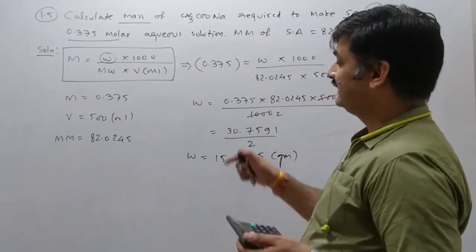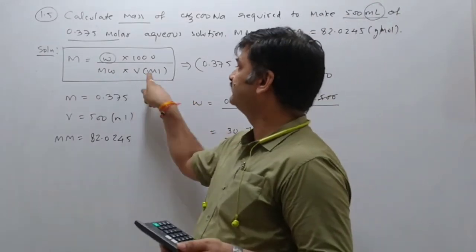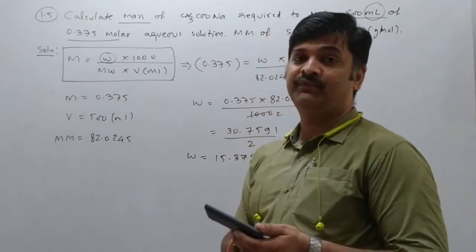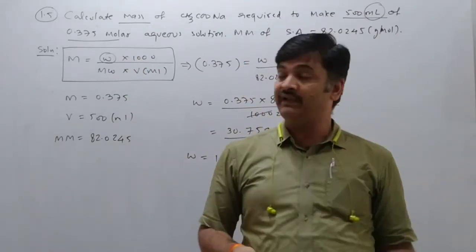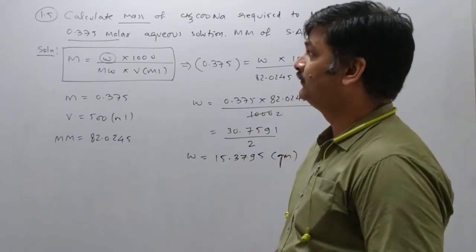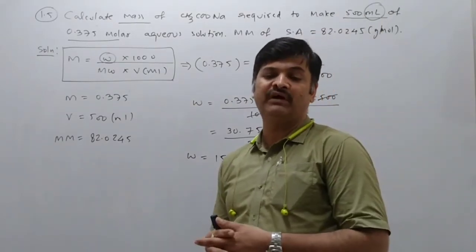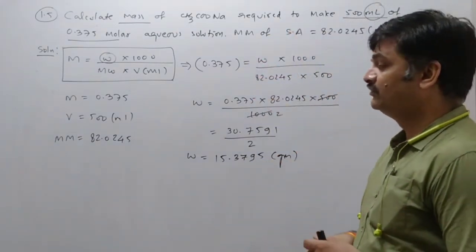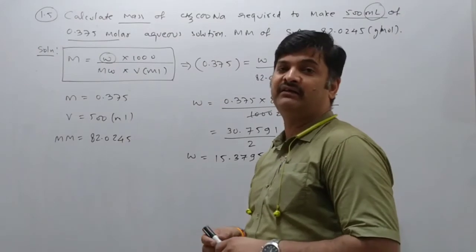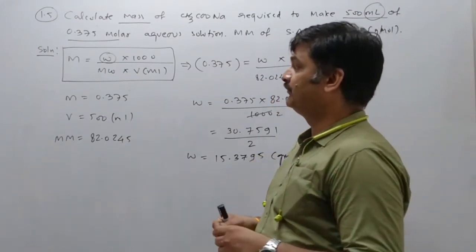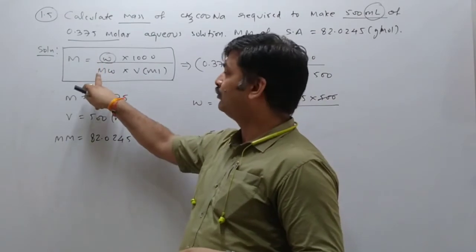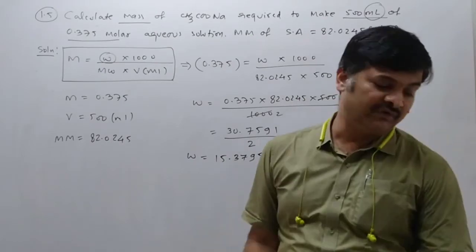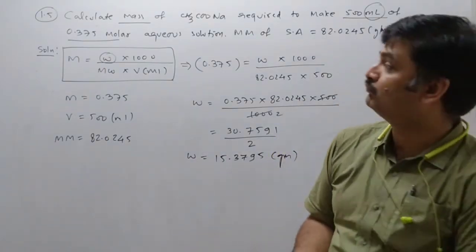So see, in case of molarity, if volume is given in liter, then we do not have to specify the 1000. But if volume is given in ml, then this will be your formula. This molarity is your topic number 1.10. Here it is sodium acetate, but in future some other solute may also come, but the method will remain the same. Many times weight, molecular weight and volume are given, and molarity has to be found. In this way we can calculate molarity.